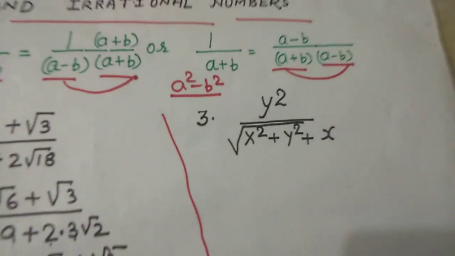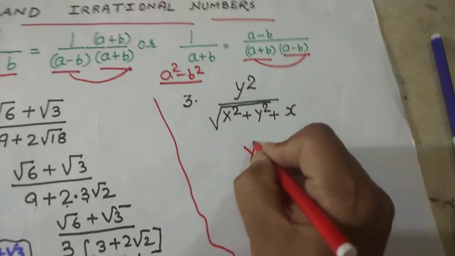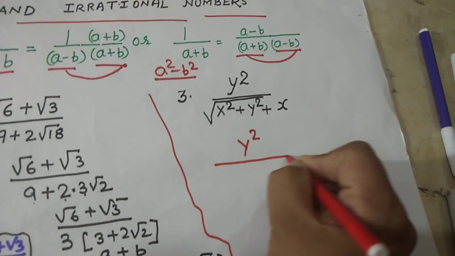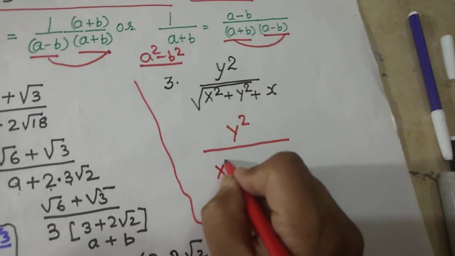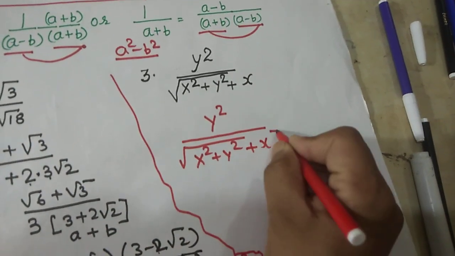Third question, you check. Y square. Very simple question, but very conceptual. Y square. Now root x square plus y square plus x. So here